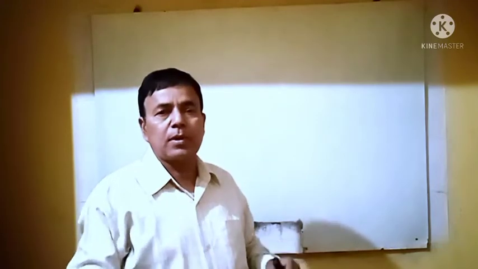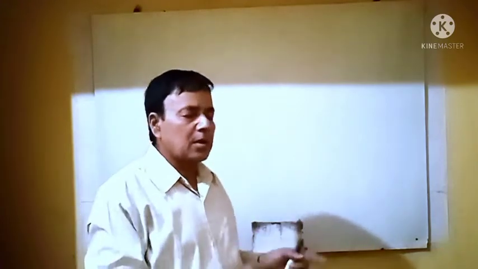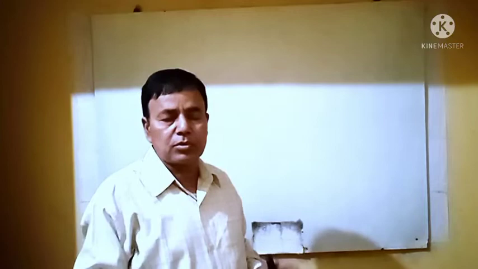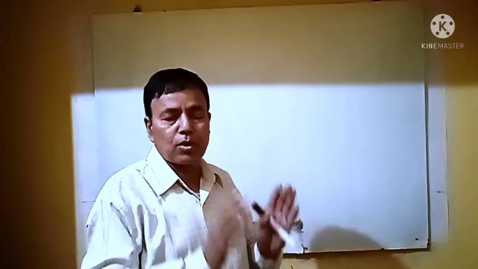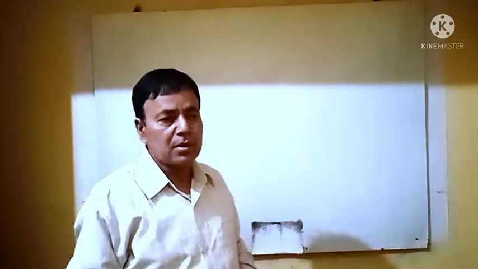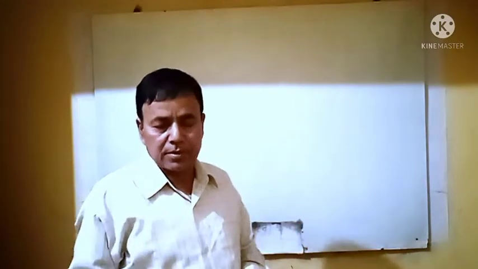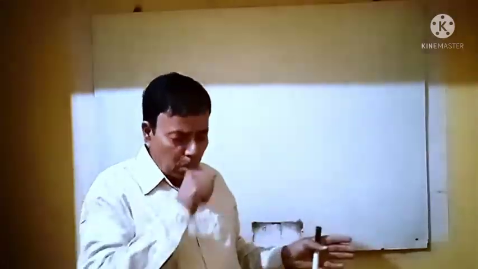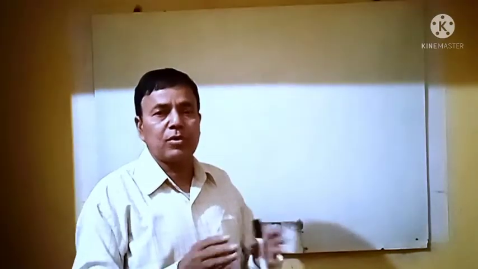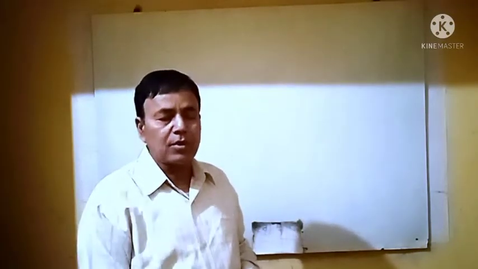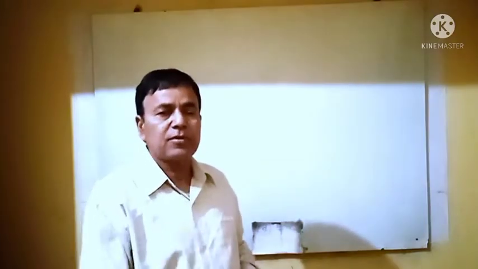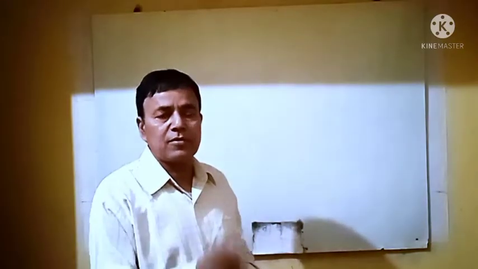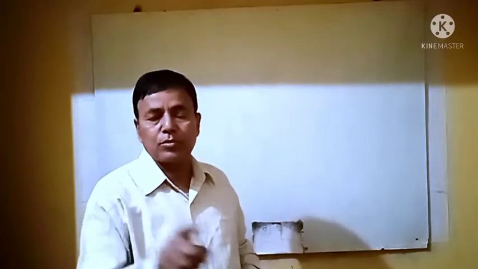What do you mean by equivalent lens? Suppose that there are two or more than two thin lenses and they are in contact and they are forming the final image that is single at a point of some nature. All will be removed and a single lens will be used, and that single lens will form the image at the same point of the same nature. Then that single lens is called the equivalent lens of those lenses.